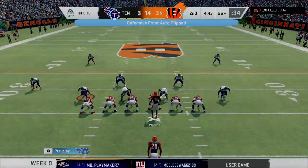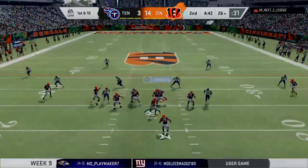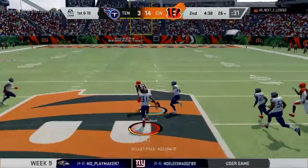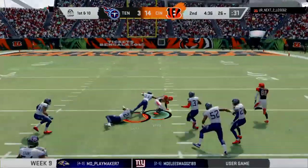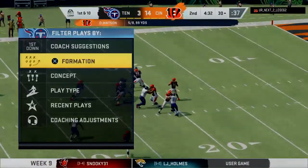The Bengals drive about to get going. And on that last drive, they went for it on 4th and turned it over. A good job by their defense, though. They held them to 3, but this offense has got to be a little bit better, a little bit more careful here. And sometimes when you see these calls on 4th down, when they decide to go for it,